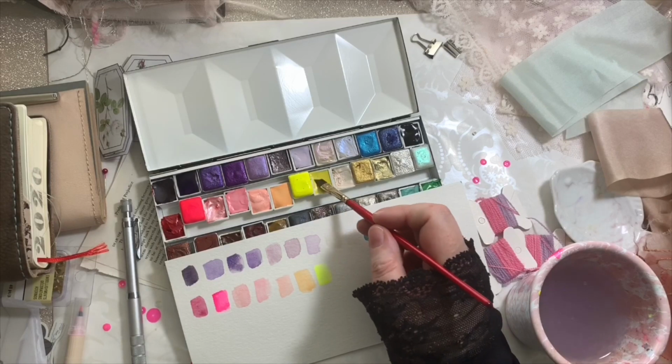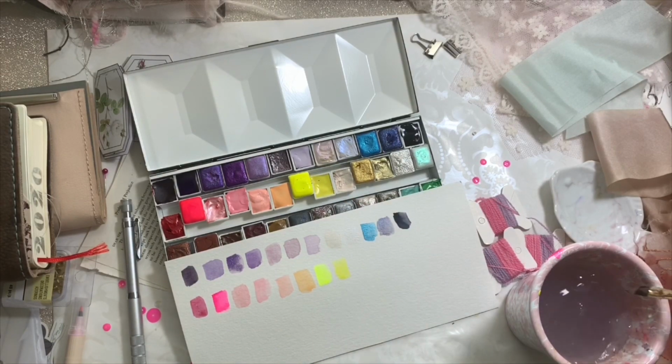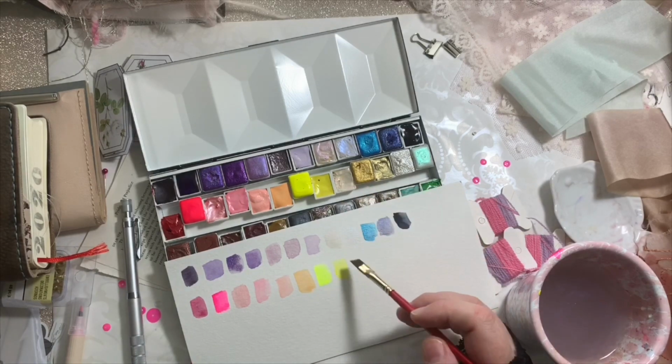It's the Nibs Watercolors Moonbeam. And then I got the lemon yellow in here. So this is the Schmincke lemon yellow. It's my favourite. This one here is the